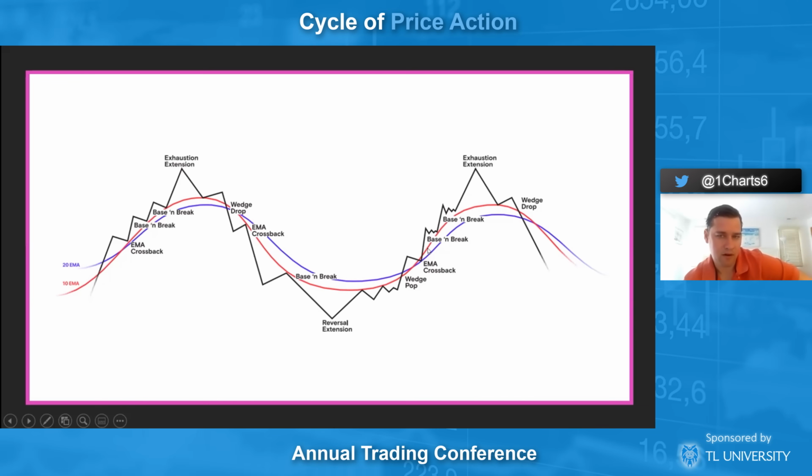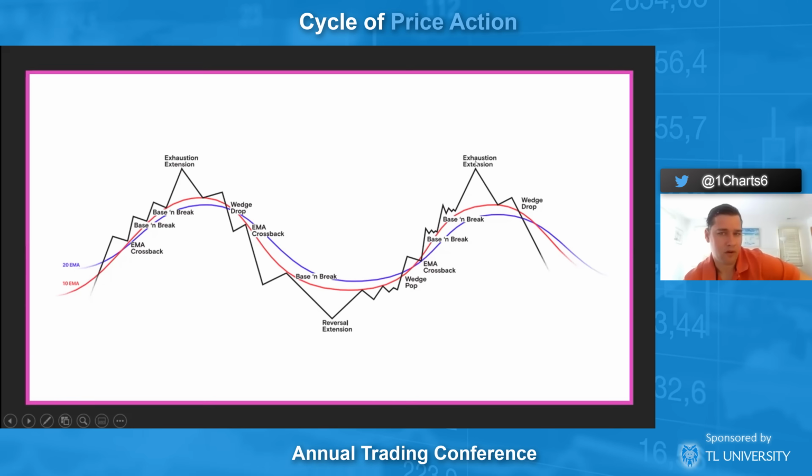And then from there, you have what I call basin breaks. So these are essentially pullbacks to the moving averages. They're usually more than like a 1, 2, 3 day pullback, like a 1 to 2, 3 week base or something like that. And you could, in theory, have as many of them as the stock will continue to put in, but oftentimes you'll get 1 or 2, and then you're getting a little bit late in the intermediate term trend,